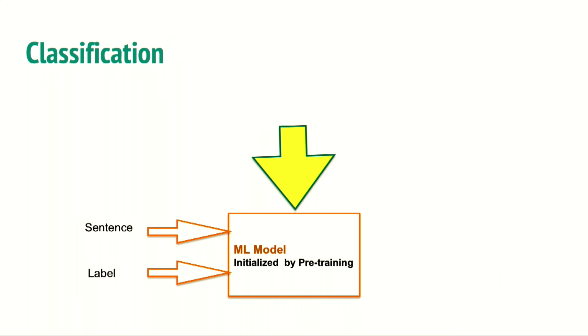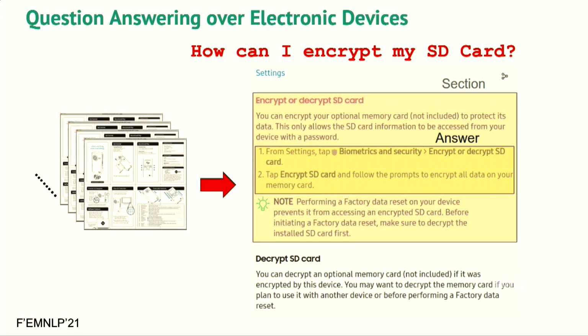So what happens? I am taking this specific task and trying to make a case. This is question answering over email. I've told you this. So the question may be, how can I encrypt my SD card? And the answer is somewhere here: from setting, biometric security, encrypt, etc. And then you have to see some sort of decrypt here. So the answers are,